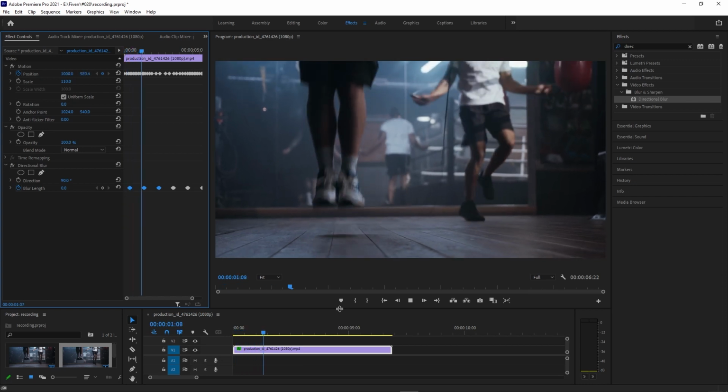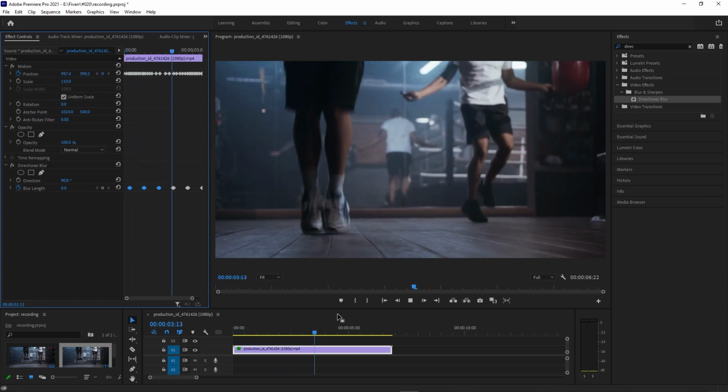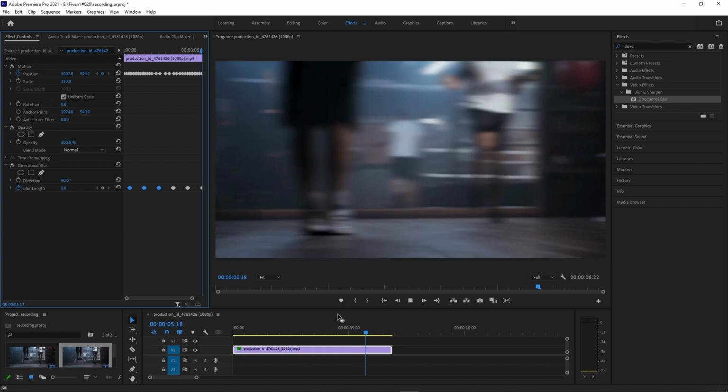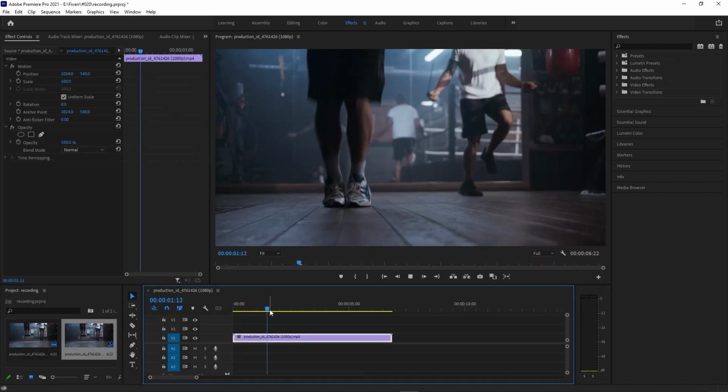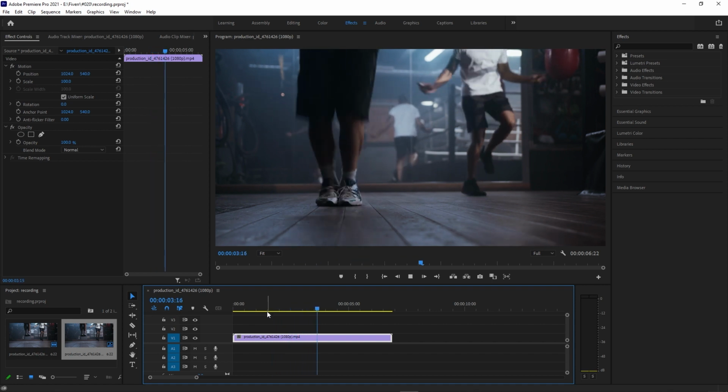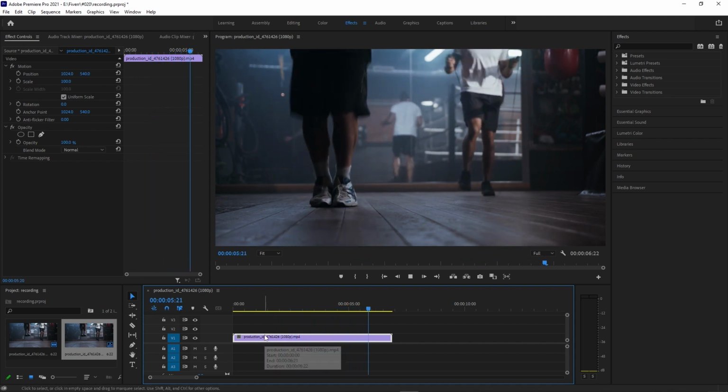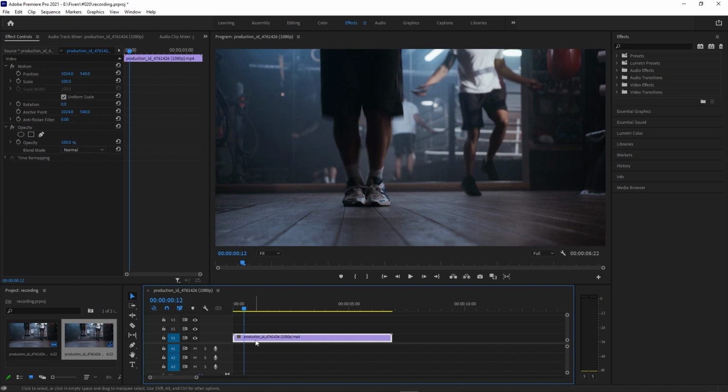In this Adobe Premiere Pro tutorial, I'm going to show you how to create this fake camera shake and shutter effect. So I've got a clip on the timeline with little to no motion in it, and we're going to add some fake camera shake, or just to add some style to this jump roping and some movement to it. And we're going to do that in the Effects Control panel by adding some keyframes under the position, and some